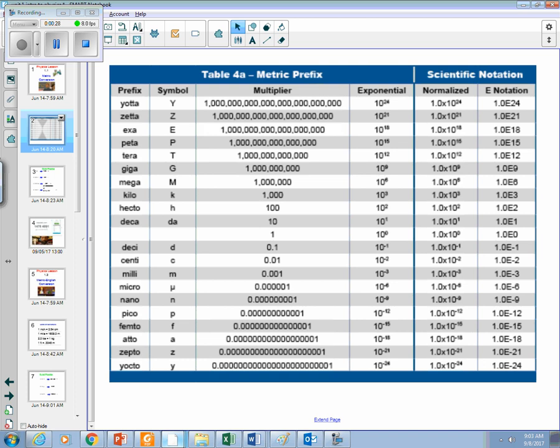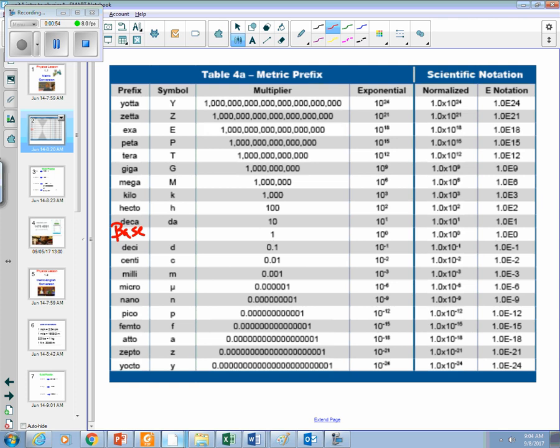A couple of things I'd like to point out. This blank spot right here is your base. So everything is in reference to that. So if this was in meters, this would be 1 meter. There are 0.1 meters in 1 decimeter. There's 0.01 meters in 1 centimeter, 0.001 meters in 1 millimeter, and so on and so forth, all the way